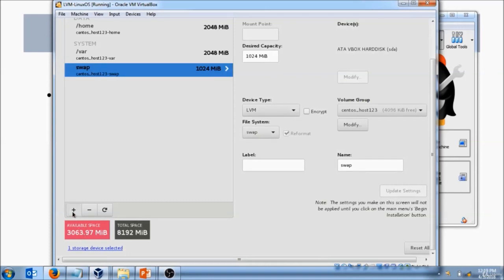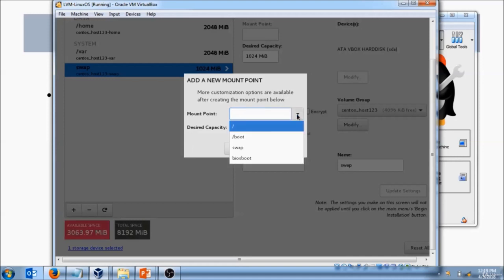So click plus again, and this time you pick the rest, which will be /. Everything else that is left on your disk space will go to the / directory. If you see, it has here 30063.97. You could type all those numbers, or you could just simply type all. When you type all, it will take the entire disk space left and assign it to your last mount point, which is /. Add mount point